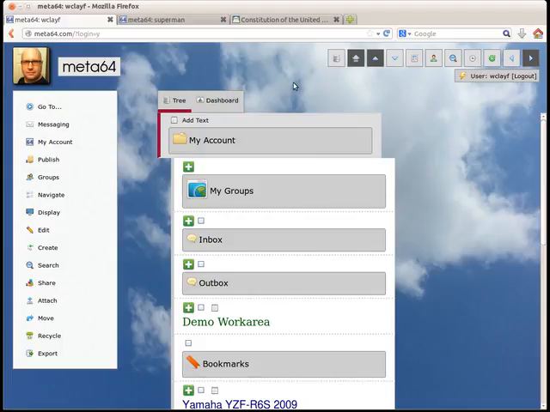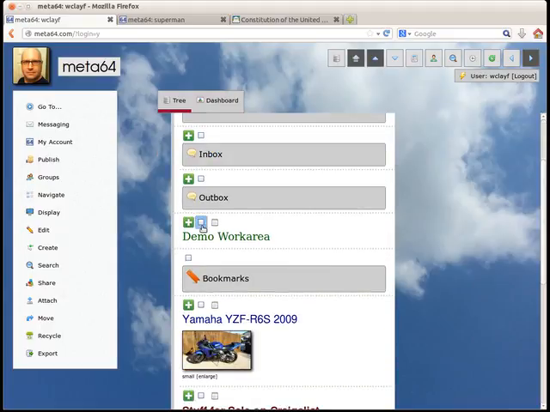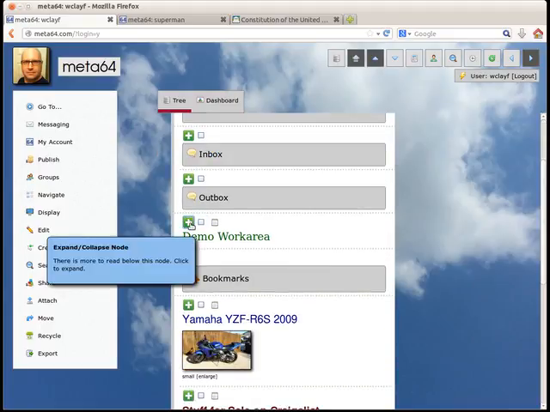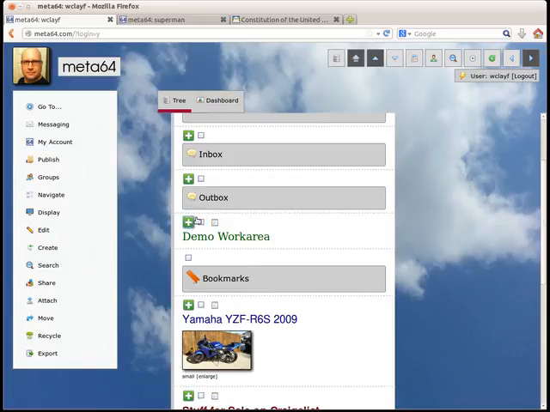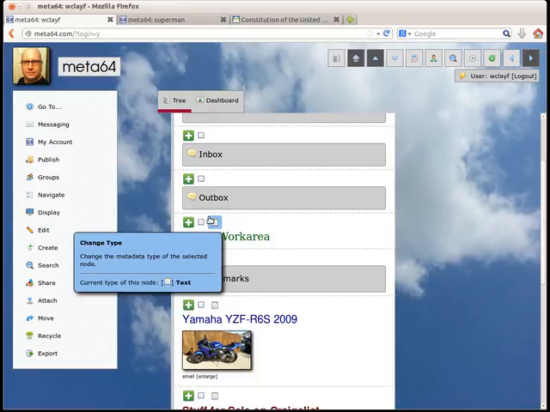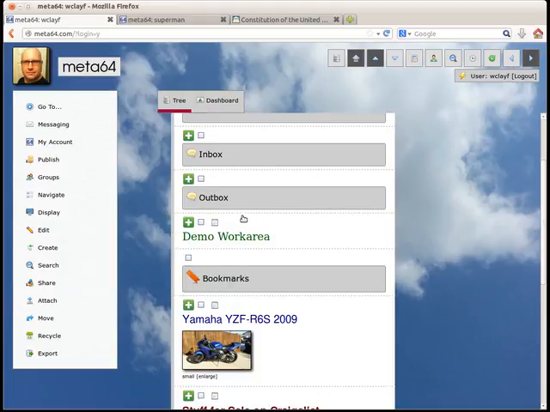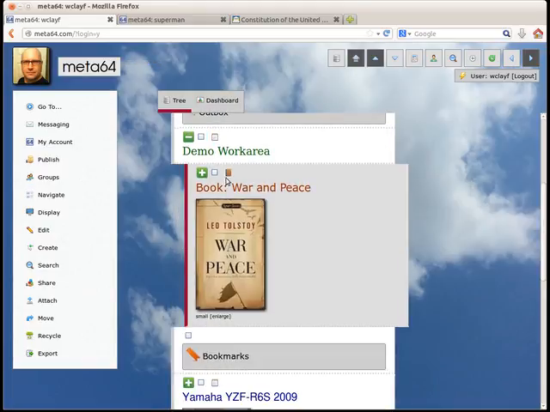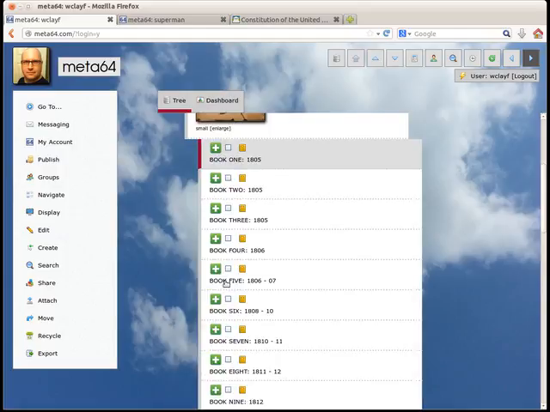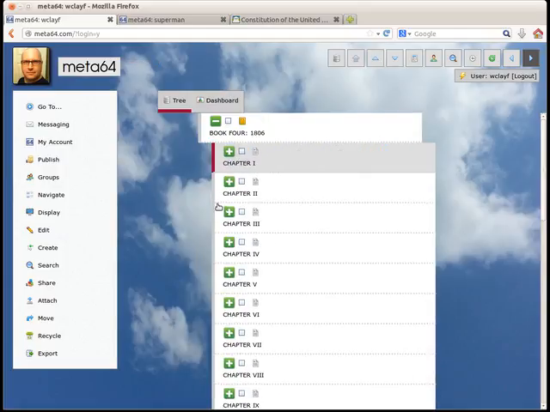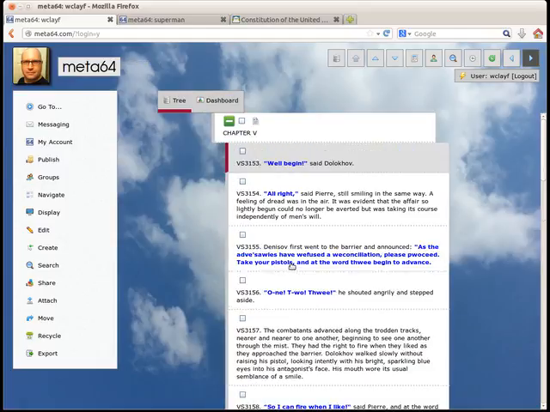Meta64 is essentially a tree structure in the cloud. You can think of it as a content repository, and that's probably the best technical name for what the application is. But another way to look at it is that it's a social content sharing application. So rather than being designed the way most tree structured applications are designed, this particular interface displays the actual tree as the content itself. So what you really have in a way is a large